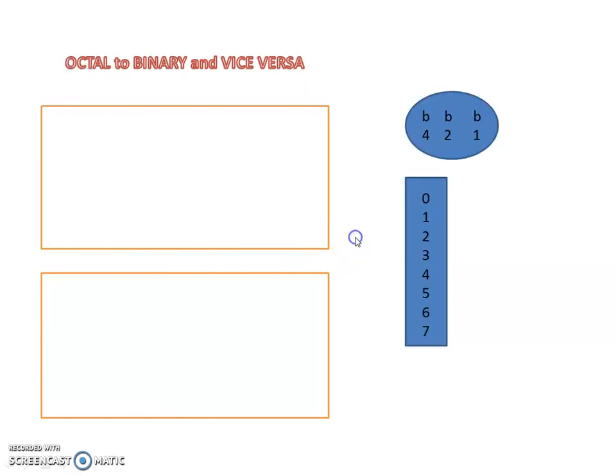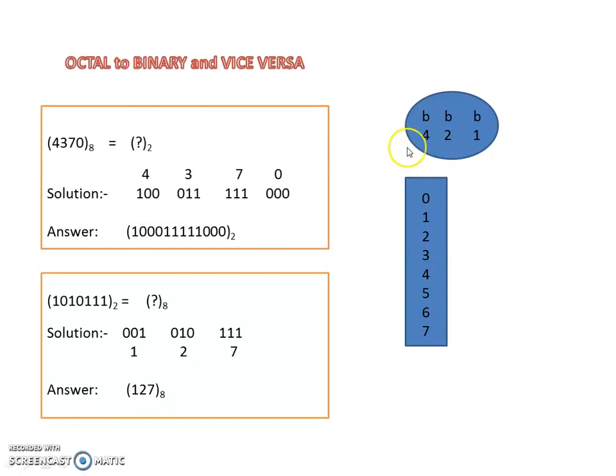Now once again we go to octal to binary. Unlike the 4-bit representation in hexadecimal, we will do a 3-bit representation in octal, because when all the bits are on, it will be 7, the maximum digit, and when all the bits are 0, it will be 0. So by making a little adjustment, you can represent all the octal digits. So you will make a group of 3 bits. In hexadecimal it was a group of 4 bits. Now in octal it will be a group of 3 bits.